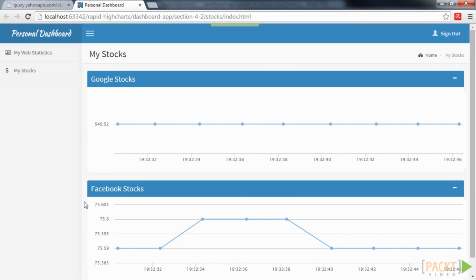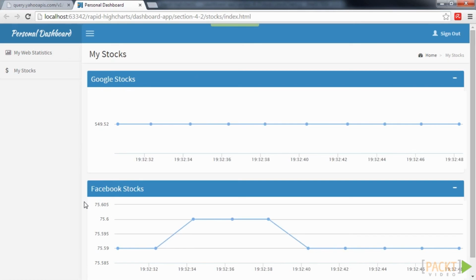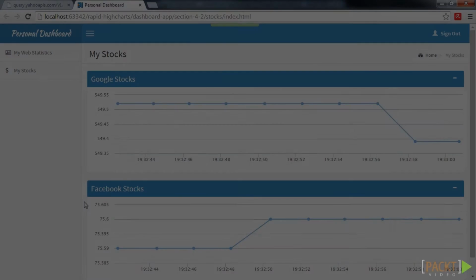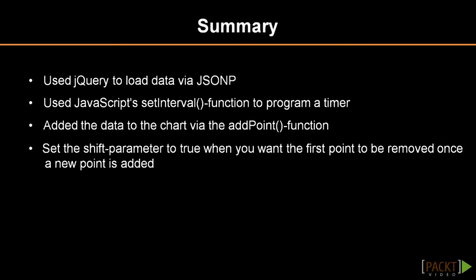Note that if you open the dashboard at night when the stock market sleeps, you will always see the same value. Only if the stock market is currently active will the value change between two data points. We created two rather basic charts and added a little jQuery magic to load data from an online source via